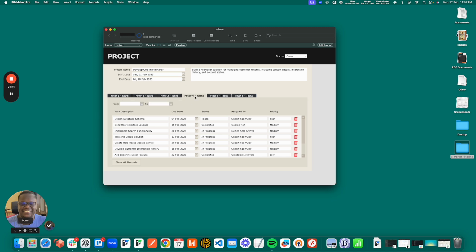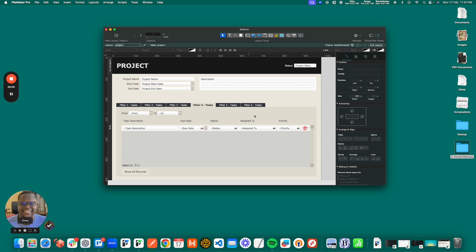Now let's go to the fourth tab. The fourth one, we would like to search on our dates field, so the due date field. How do we achieve that? We want a situation where when you key in, let's say, 4th February to 15th, you want date ranges between that time, that date range. So how do we achieve that? Well, same thing, same idea. Go into layout mode,